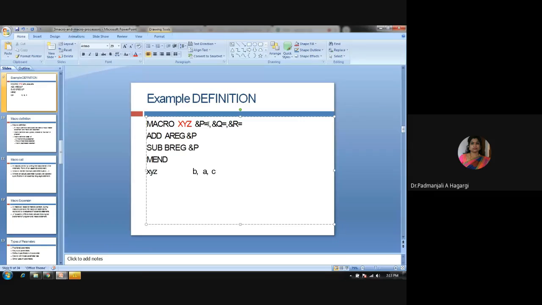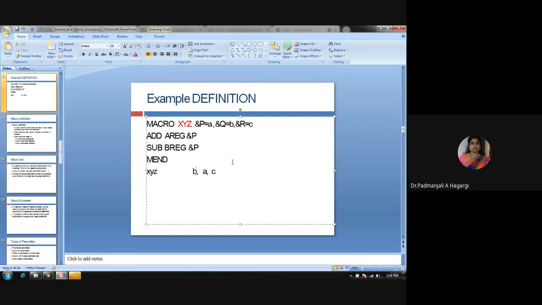If you want to give A, it will take the A value. If you want to use the value of B, it will take B, and if you want to give C, it will take C. Accordingly, you can even have swapping, but if ampersand P is assigned by A, it will take the same value even if you change the order.